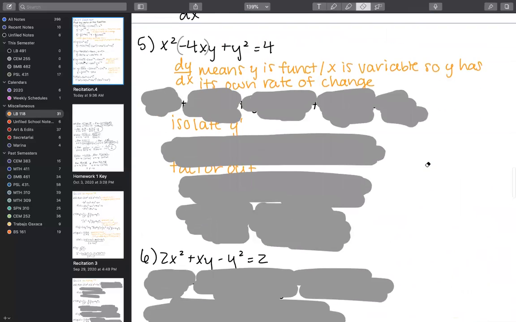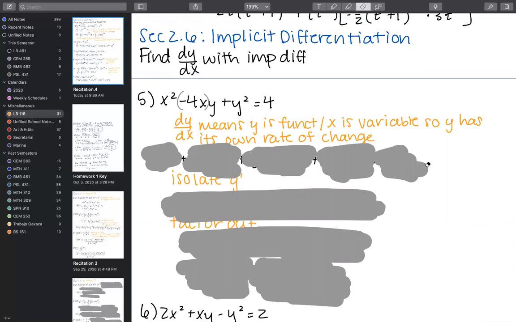Okay, so implicit differentiation. When I had spoken with Dr. Zlecki last week, we were talking about our plan for the upcoming week. There are 3 topics that kind of go hand in hand. That's the chain rule, which obviously builds heavily off of the other differentiation techniques that we've already taught you. Then implicit differentiation, which is, I would say, an application problem, but it's still pretty heavily symbolic. And then there will be the story problems that we do, related rates.